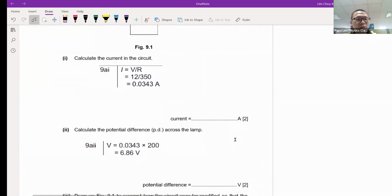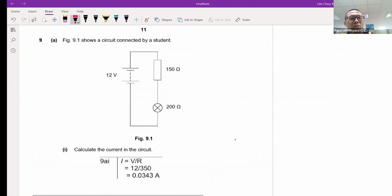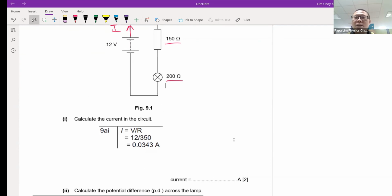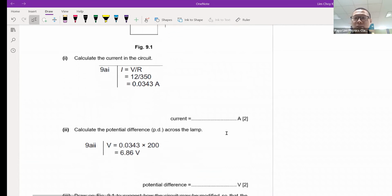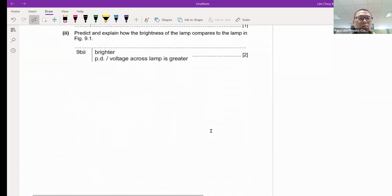Question 9. Question 9, I would say is a fairly straightforward question, whereby it's a series circuit, whereby your 12 volts, okay, your current passing through the arrangements, okay, the series circuit, the current will pass through 150 ohms and 200 ohms components. Okay, so I will not dwell too much on 9A, because I would say it's quite fairly simple. Okay, it's a basic question that all students have to take note. Okay, so if you need explanation for this particular question, just let me know. Just drop me an email or drop me a comment in the comment bar below, and I'll get back to you ASAP. Okay, so question 9, I would say is quite